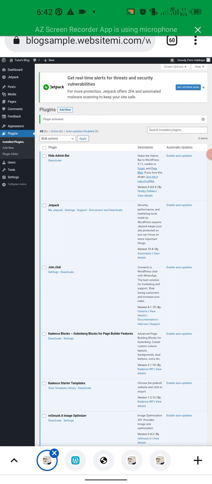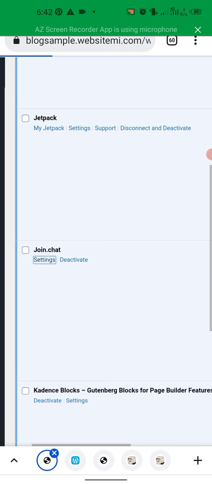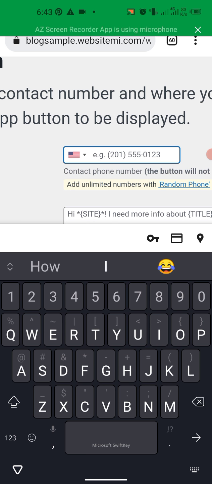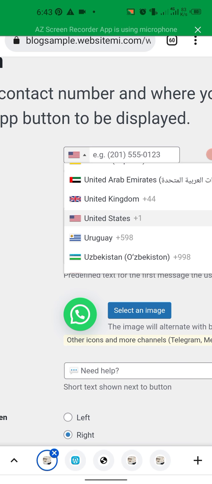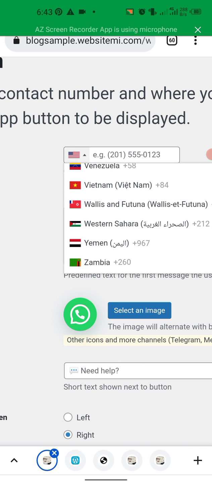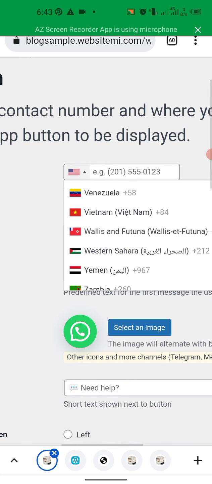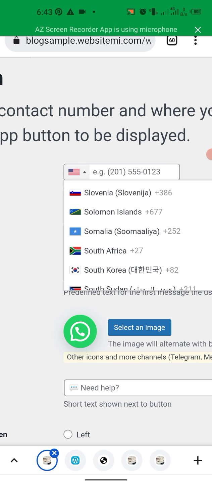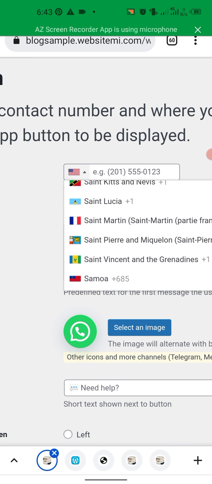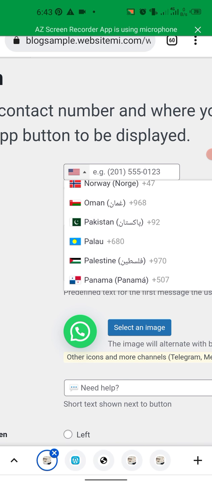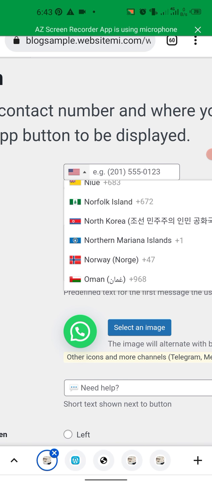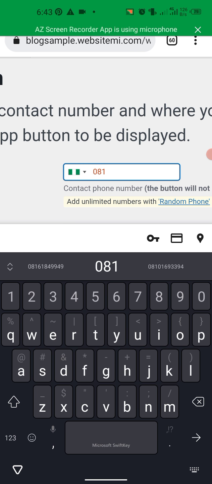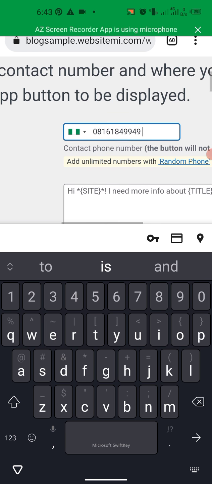So it's going to ask me for details. Let me do it. I'm going to go to the settings of Join.chat. So my phone number, I'm not in USA. Automatically it should detect it, but since it's not detecting, I help it to detect that I'm in Nigeria. So automatically it should detect. I'm going to add my number 08161849949, and